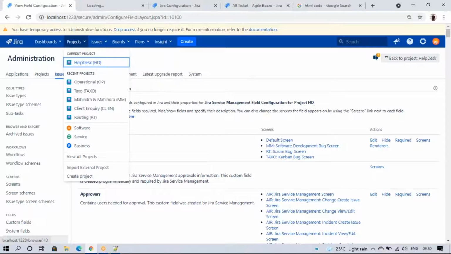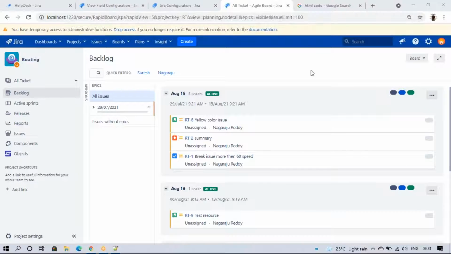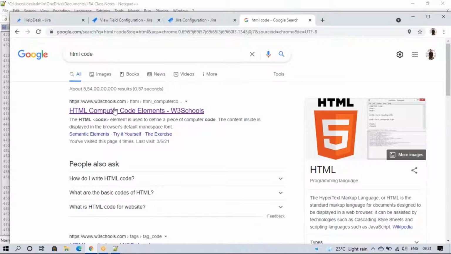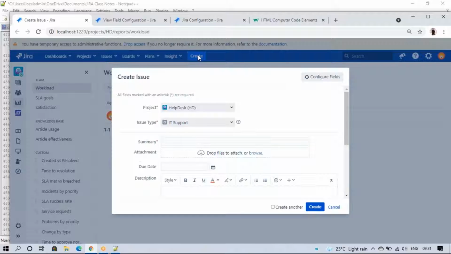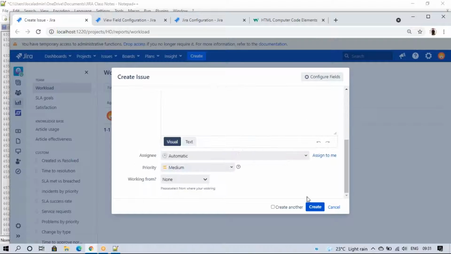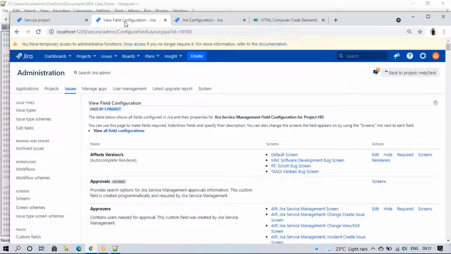I'll open the same project. If I click on the create button, I can see, please select from where you are working, right?